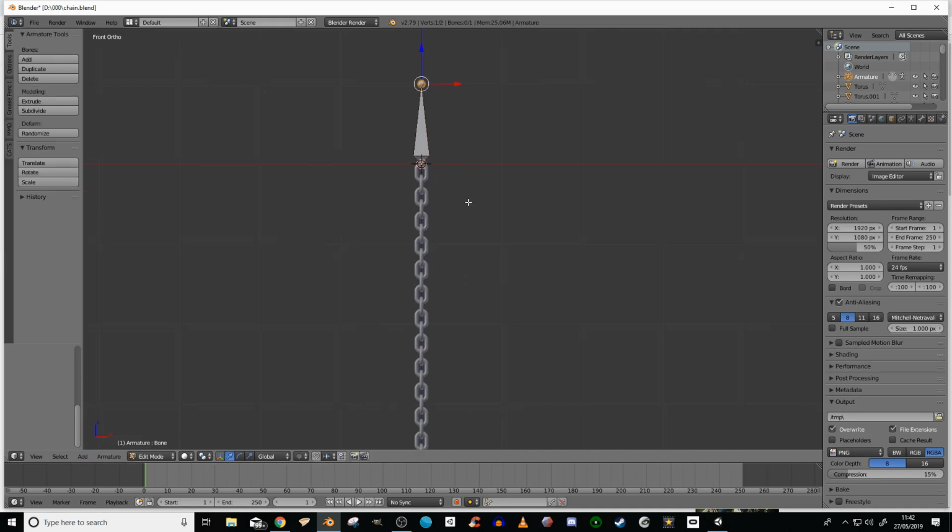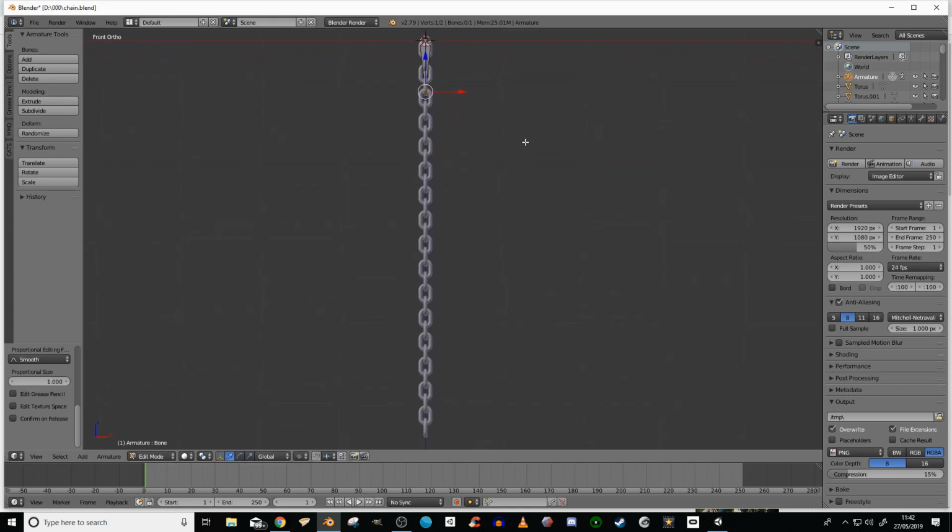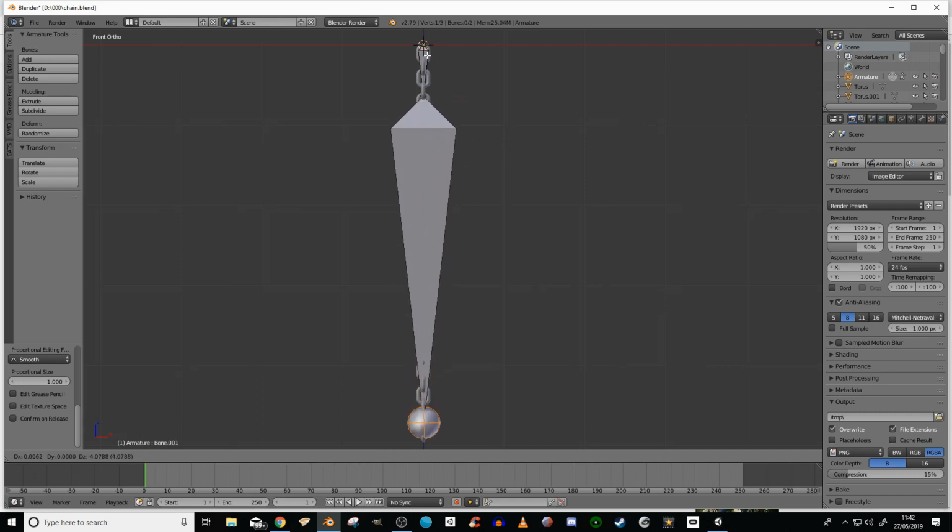So we go into edit mode by pressing the tab key, and then just drag this around. About there will do. So that's the first bone, and to create the rest, a nice shortcut is to press E for extrude. Create one big bone all the way to the bottom,